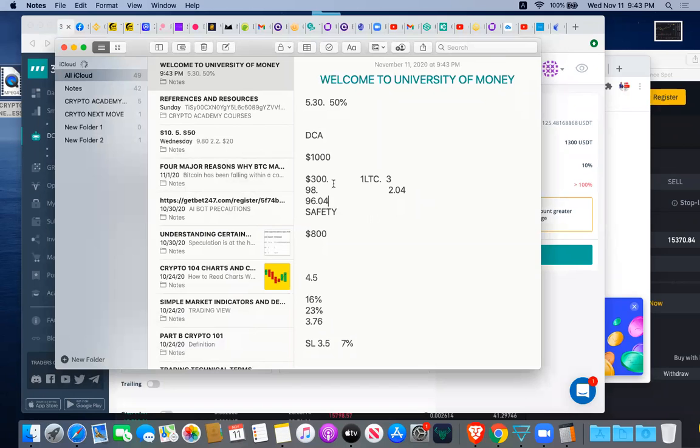Now look at this here. When he bought at $100, he bought 3 Litecoin. The first price he bought at was $100. The second one, he bought at 98. The third one, he bought at 96.04. Now, if you add up this, look at what this does. Ordinarily, by your 2% take profit,